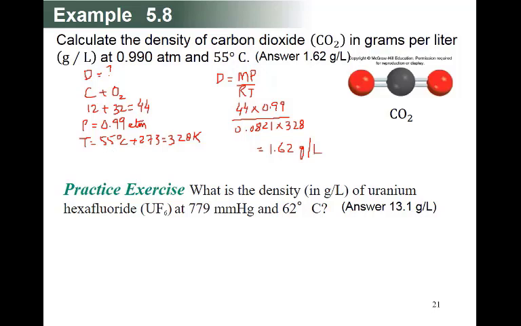Okay, now in this question again he is asking the density. This is a question of uranium hexafluoride. So we have uranium plus 6 fluorine. The molar mass of uranium is 238, yes, 238, plus fluorine is 19, but 6 atoms of fluorine are there, so multiply by 6, so the total will be equal to 352.